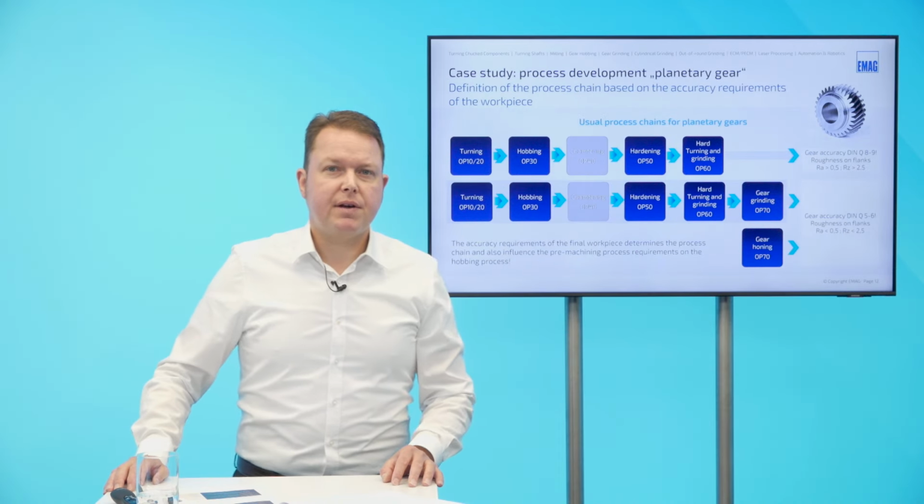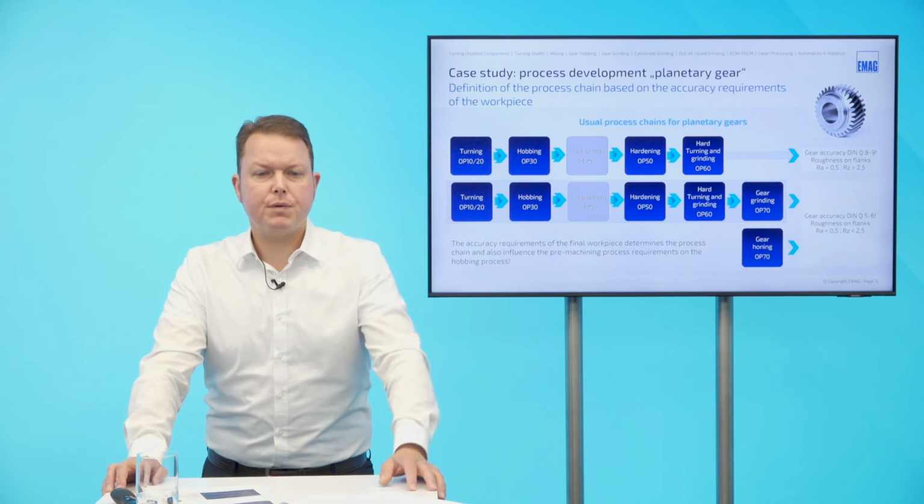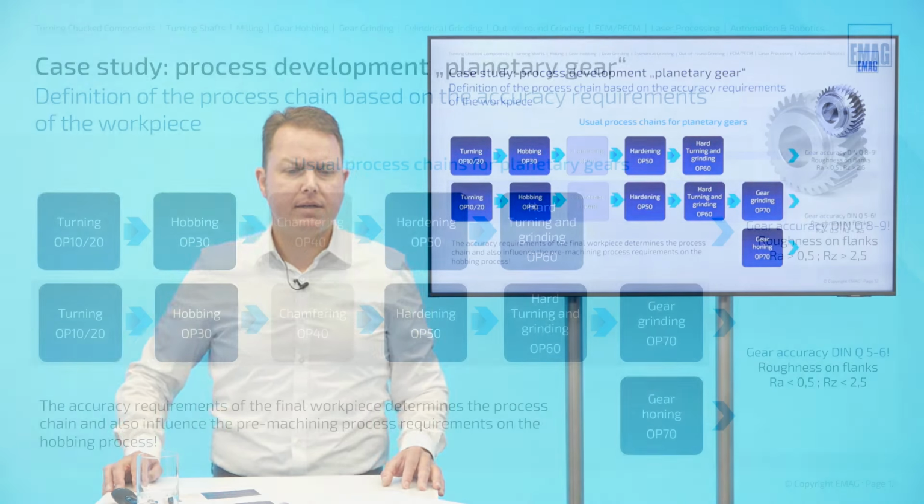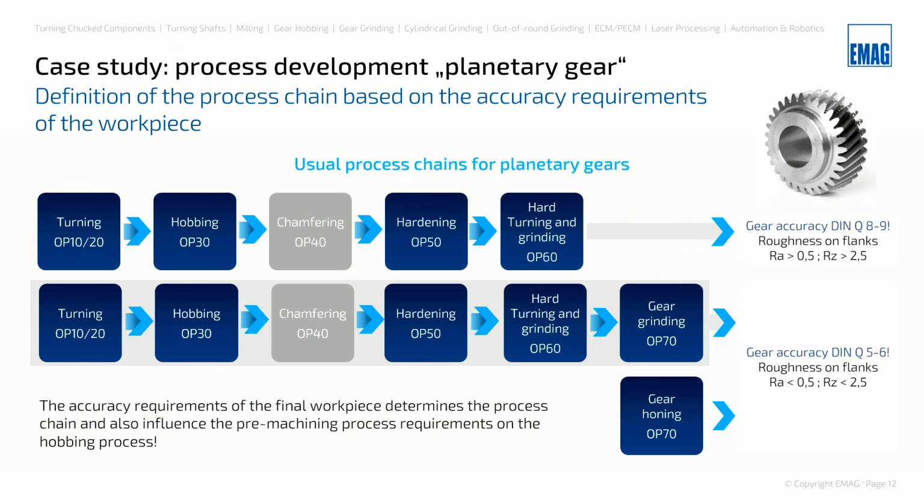Let's come back to our planetary gear. So here in this slide, we show typical process chains for planetary gears. So we have op 10-20 turning, first and second side. Then we have hobbing. Potentially, there may be the requirement of chamfering. This depends predominantly on the application of the gear later in its gearbox. Then hardening takes place, and afterwards hard turning and grinding of the reference datums is made. For example, hard turning of the shoulders or the hub, the face side of the hub, and grinding of the